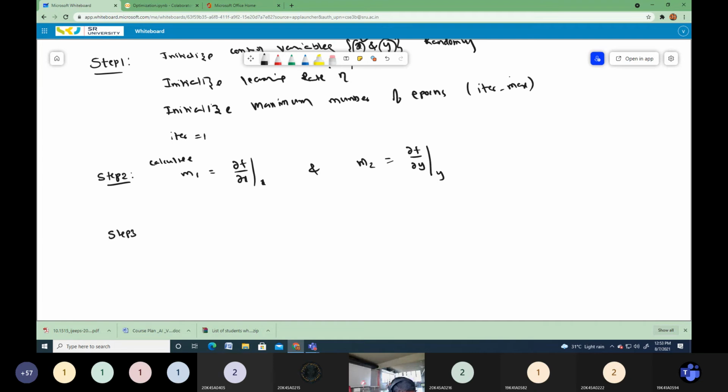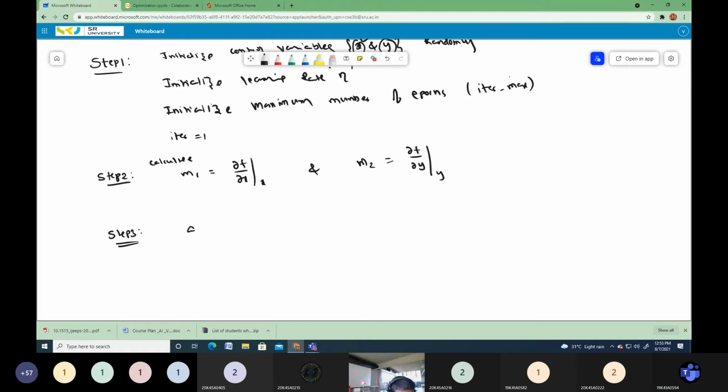In step 3, what do you have to do? Same common sense, just try to correlate your single variable with multivariable. I can give all the steps, but I want to make you think and respond. So what will be step 3, students? Calculating the step length, sir. Perfect. So you have to calculate the step length with respect to each variable.